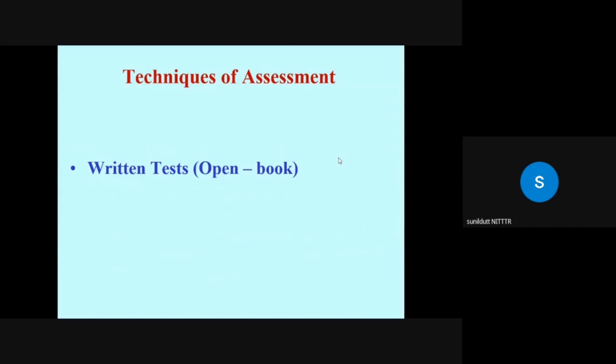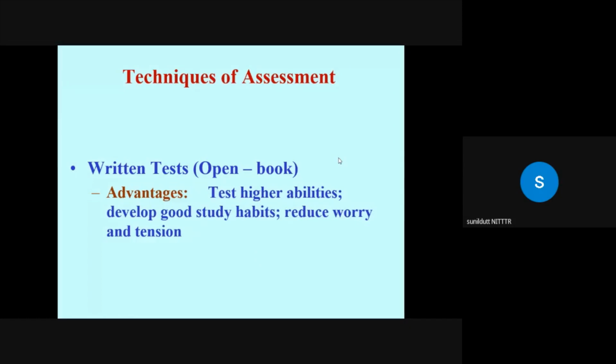Another very important one: open book examination. You see, these are best suited to subjects which make use of a wide range of printed material. And the learner has access to the textbooks or source material throughout the test. And this particular aspect removes the temptation for the learner to learn the passage by heart, or to rote memorize the formula, etc.